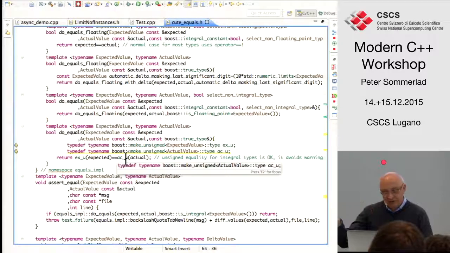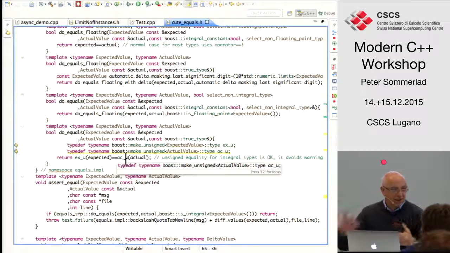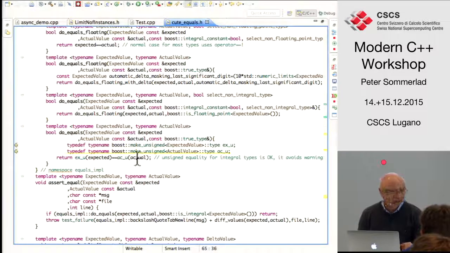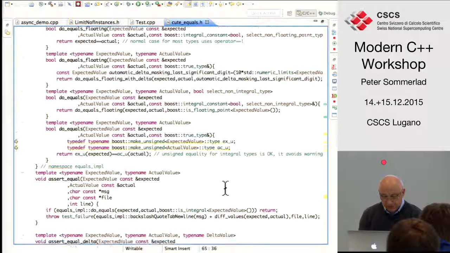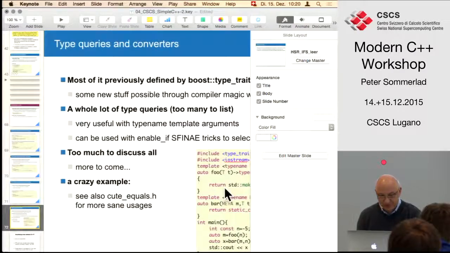But if you have a return value that's an unsigned, and you compare it, let's say, with 3, which is an int, you don't want to have these warning messages around, especially if you have, let's say, the size of a vector and want to compare that with 3, and this will get rid of that problem. And you don't have to write 3u to get an unsigned value to avoid that warning. Yeah, that's as much as I wanted to show you.